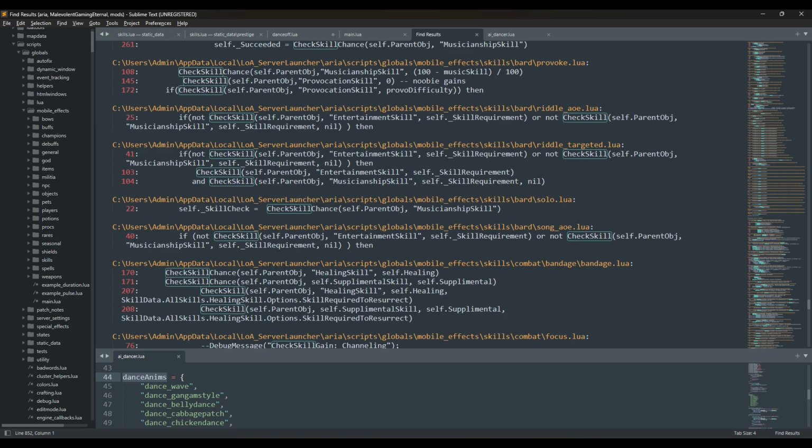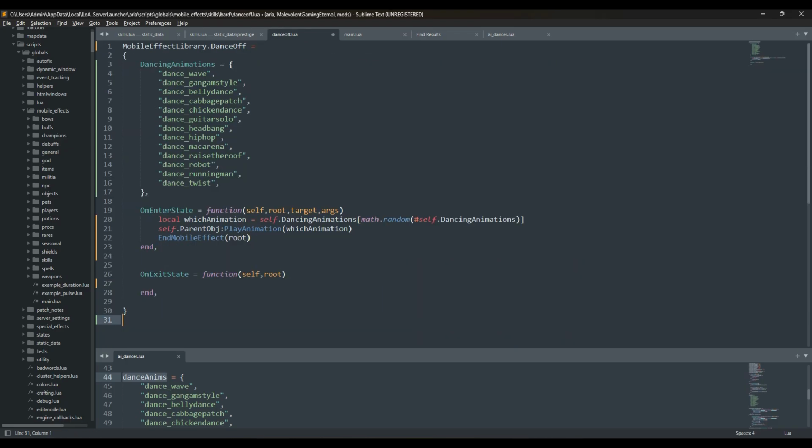So we'll go back up to the beginning here and find any check skill. We'll just grab this one. So we got check skill chance, musicianship. Let's go back to our dance skill here. And then we'll paste the check skill chance in, and we got to change this to our new skill name. Does everybody remember the name of it? Dancing. Okay. So, if check skill chance,